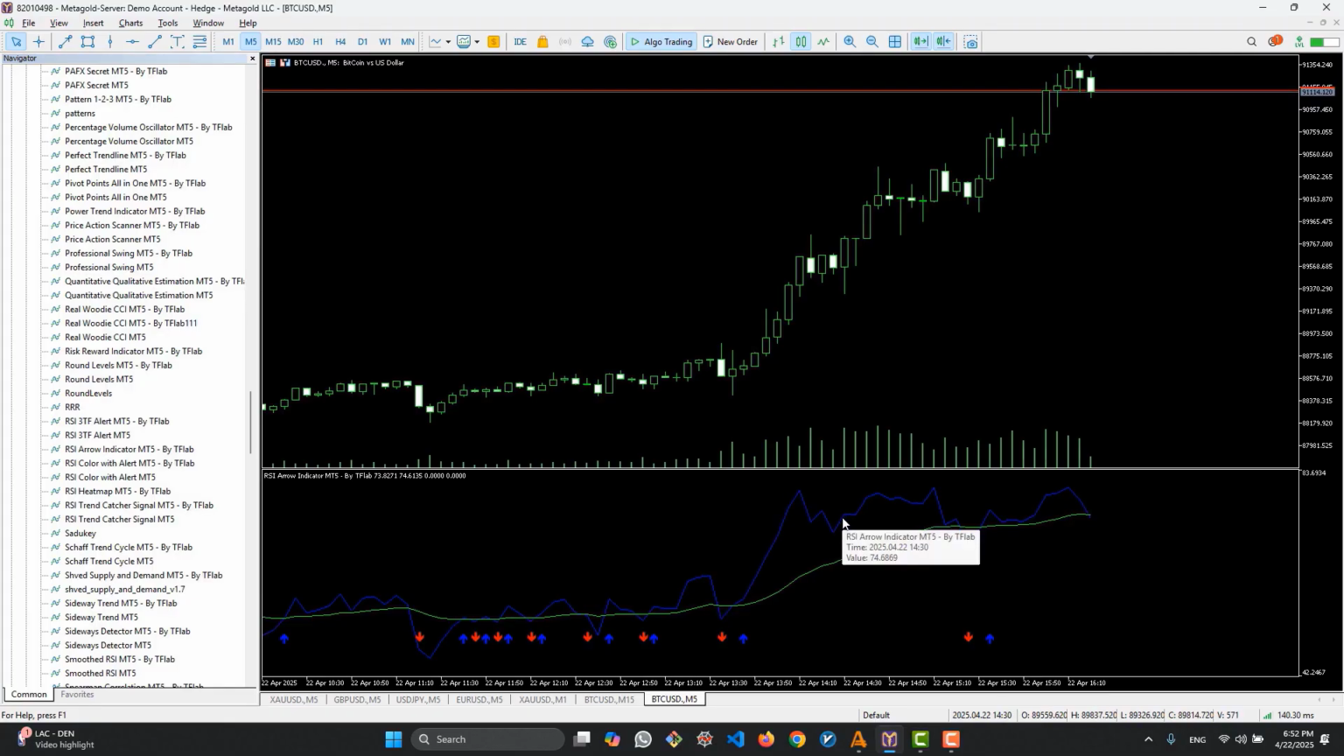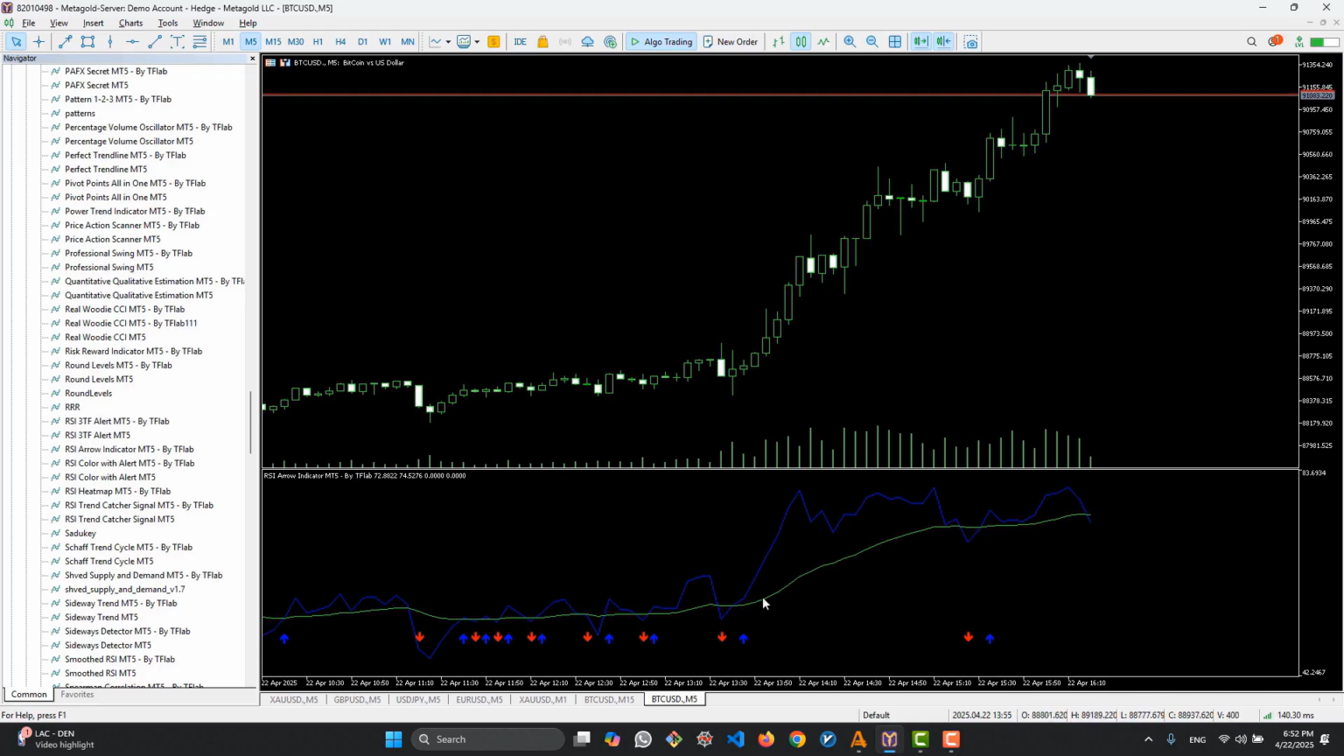It is the RSI with the period that we specify in the input, and the green line is the moving average line that is applied to the RSI. Its type is exponential, and when there is a crossover between the RSI and this moving